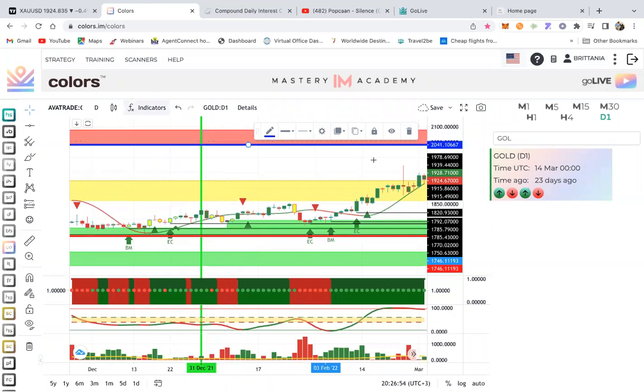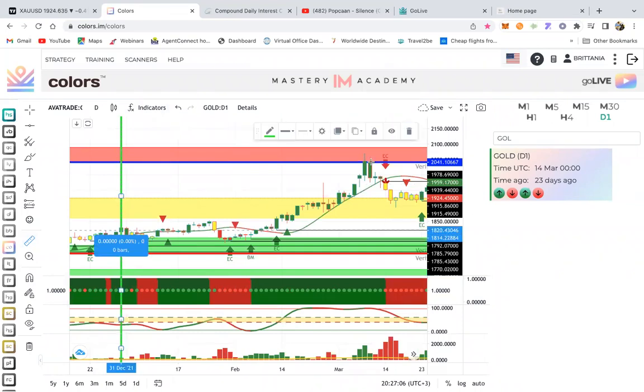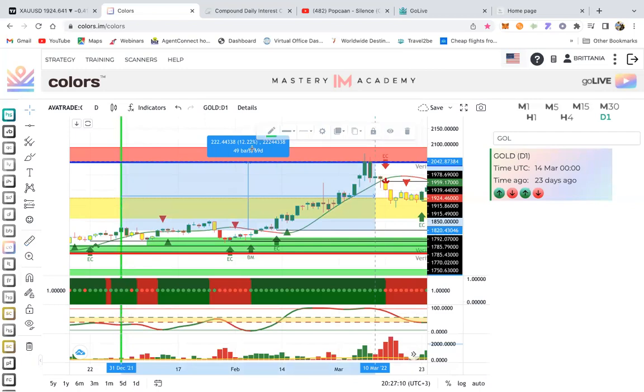And look at this, guys. If you were in this trade, looking at the day chart, because that's what we use, if you were in this trade from here, where I just lined up all the way up to this TP, you're looking at 69 days, and this is well over 22,000 pips. So from the 31st of December to the 10th of March, you would have been up 22,000 pips, guys, on one trade if you had entered from down here, right?